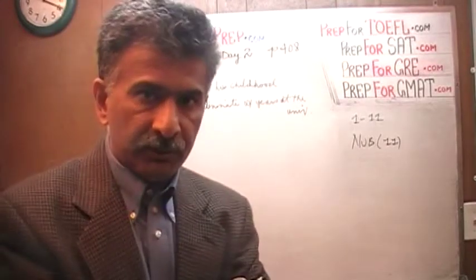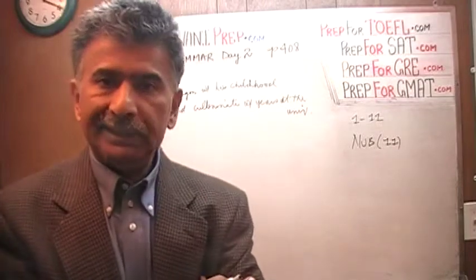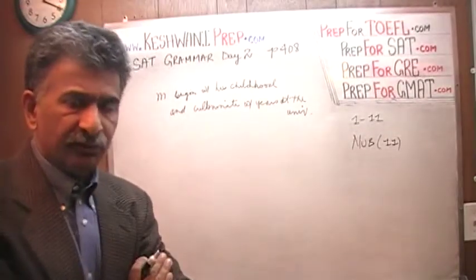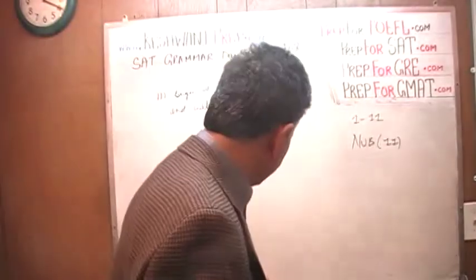SAT vocabulary words, day 11, and it will pop right up and you will learn this word: nub, N-U-B. The essence, the gist of the sentence. This is it. This is the essence of the sentence. Everything else that you see in the sentence is just there to fill the space, just to confuse you. So what does it say? It says,